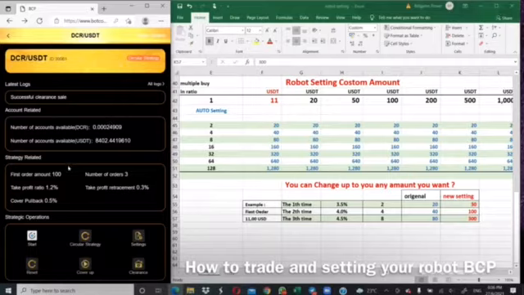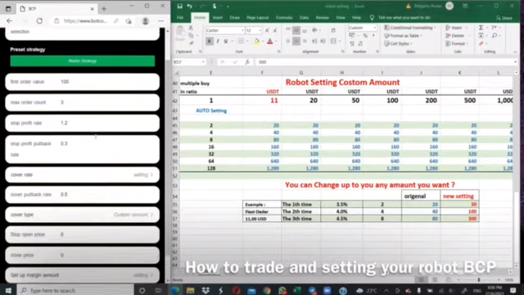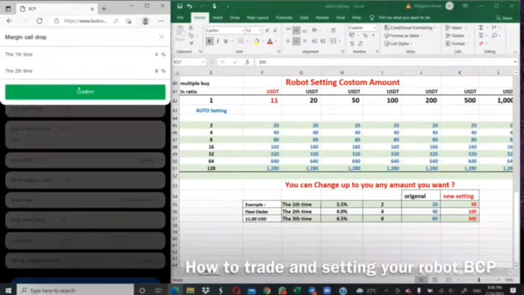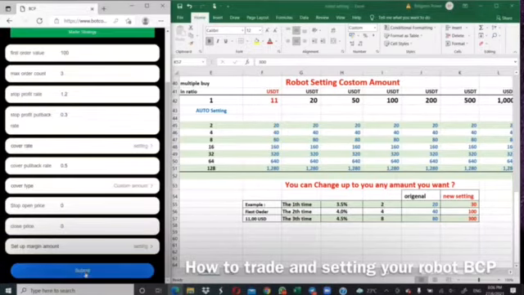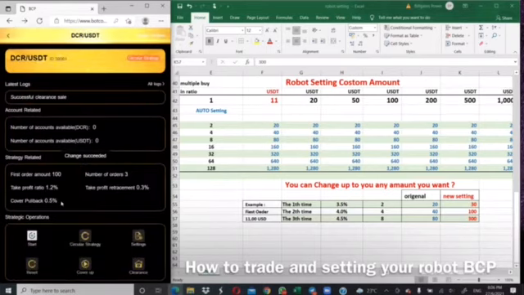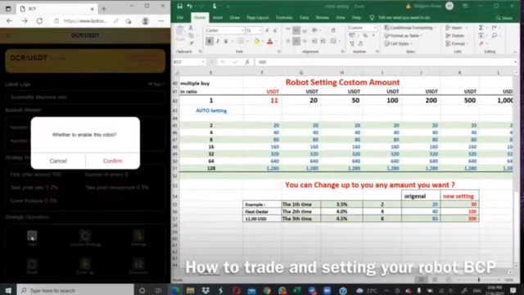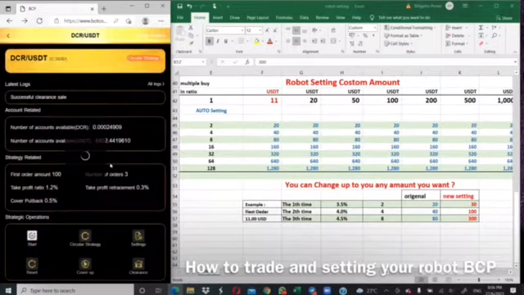So this one you double check again, $100 first amount, number of call 3, profit 1.2, and then take profit 0.3, and then cover up 0.5, and then you need to start robot. And then you want to double check again, okay, you can double check again. And then you go to click setting, and then make sure you click confirm. You not click confirm, robot not confirm to you. So you need to click confirm and submit. Okay. And then after you double check everything okay, and then you click start robot, and then you click confirm.